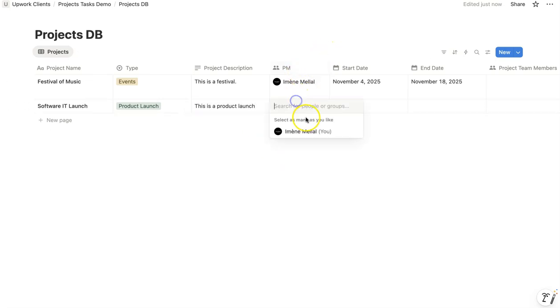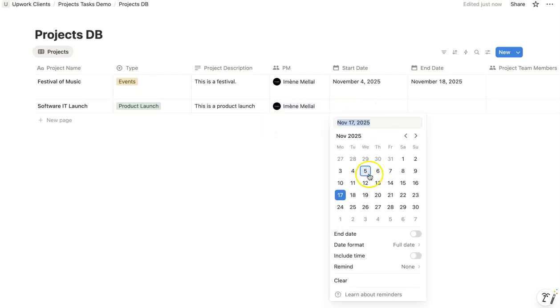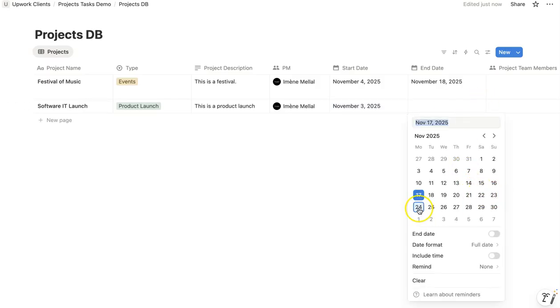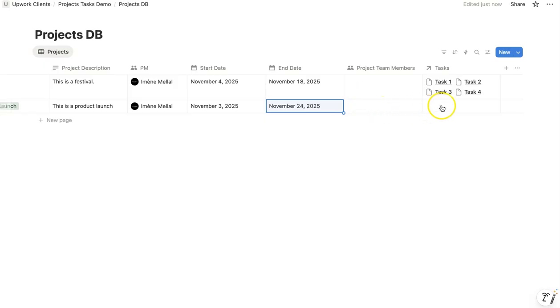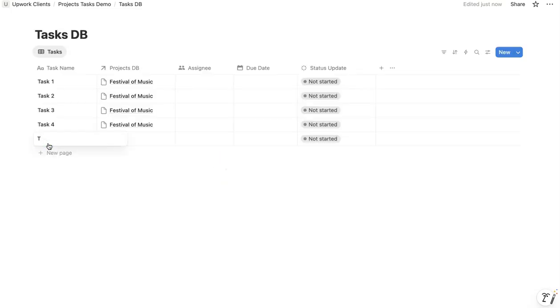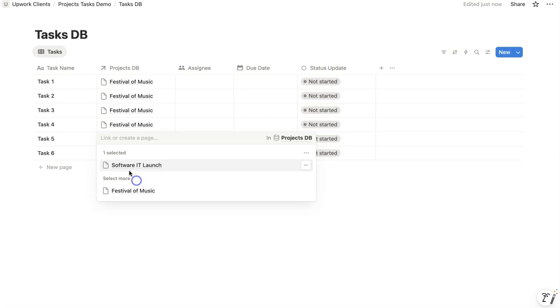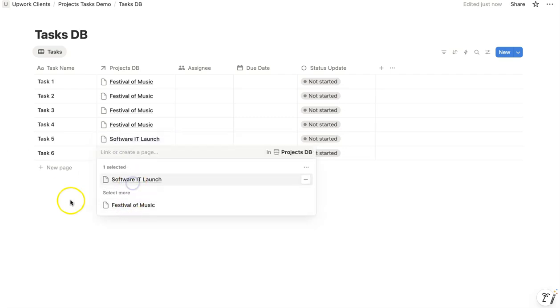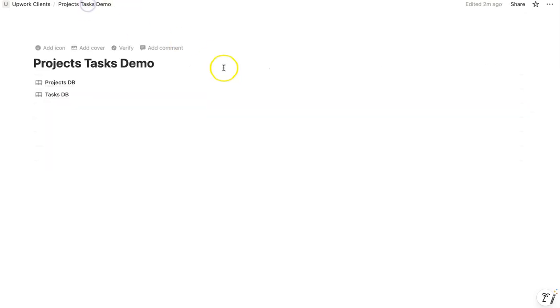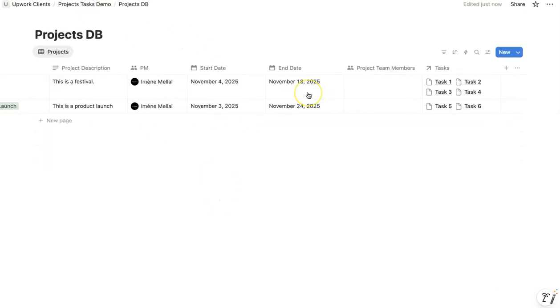And then we have the PM, who's me, always me. This one started on 3rd of November and is gonna finish on 4th of November. And over here we're gonna need some more tasks. Let's see, task 5 and task 6. Okay, and this is gonna belong to the software product. Okay, all good now. I don't want to put the due date at this stage. I don't think I need it. So let's just have,